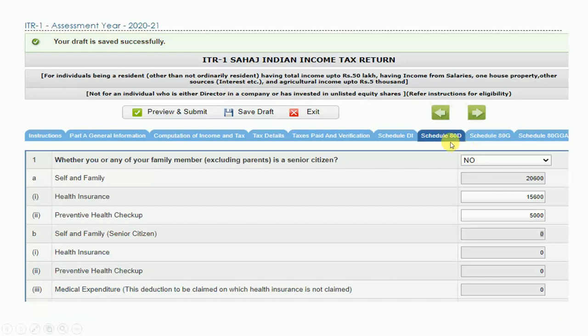So in this section I explained schedule 80D. It is for medical insurance.